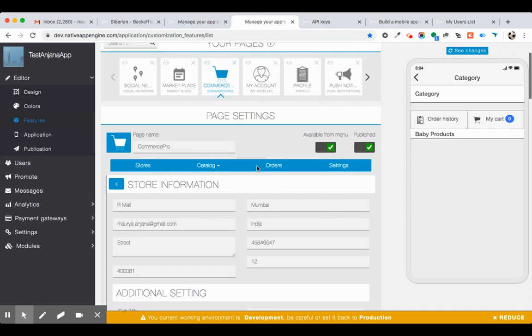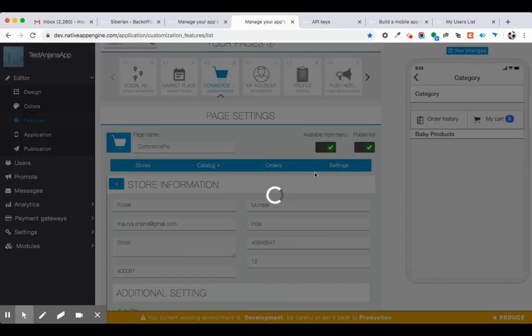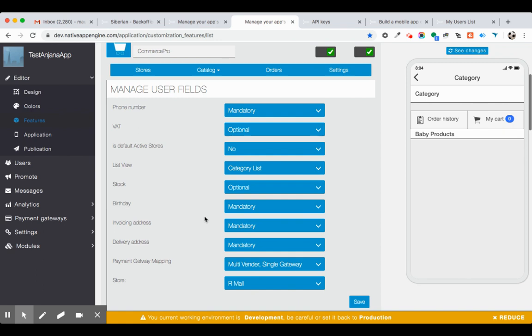And in the front end, we have also added one new setting for users to select the first view. There are three views available right now. If you open Commerce Pro or the Basic Commerce module, you see the category page. But with this new setting, you can change the first page that users see. You can either select the category page, or you can directly send them to the product list page, because sometimes some stores don't have categories. And the third is the store list.